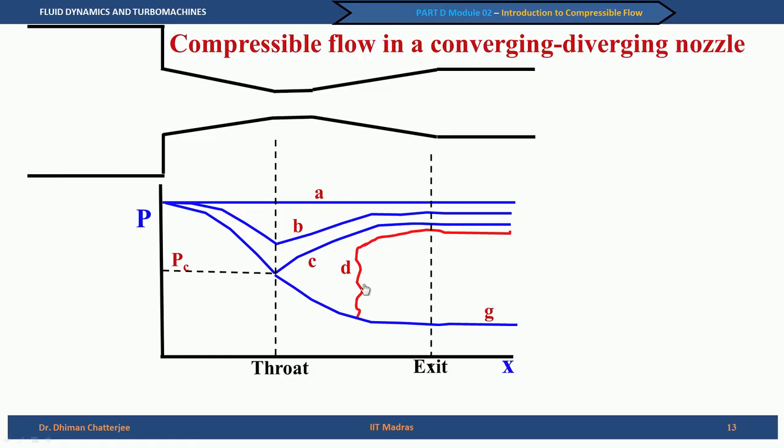This curvy line is my attempt to show a shock standing there, and then we get the pressure adjustment. If you reduce the pressure Pb further, the shock travels downstream, and instead of D we get the shock at E, and then the pressure adjusts. This process will continue till you reach the shock at the exit, and then the shock no longer remains a normal shock. We are not going into details of shock and the expansion waves, as I have talked about earlier,